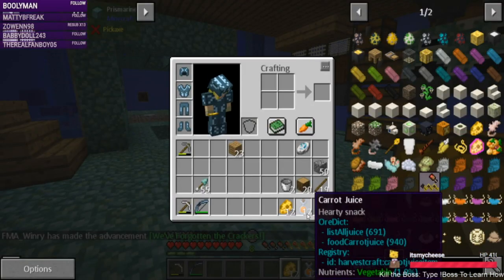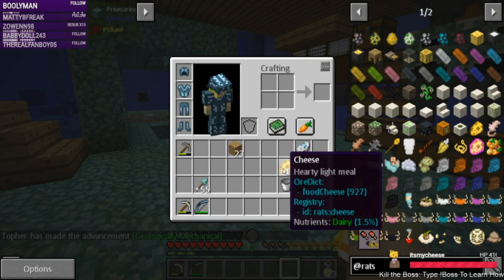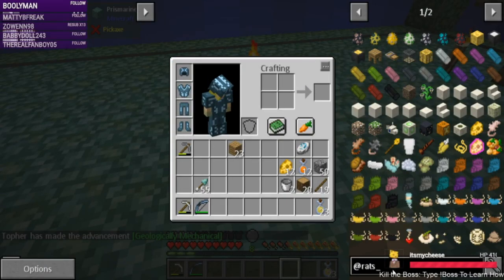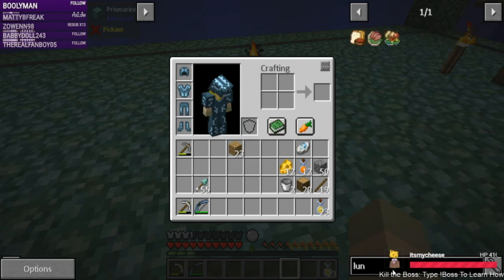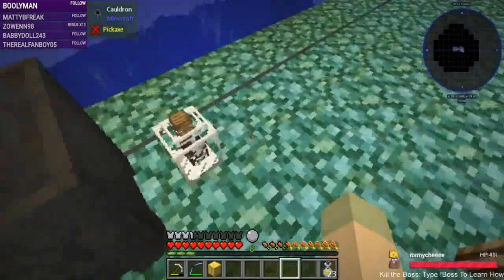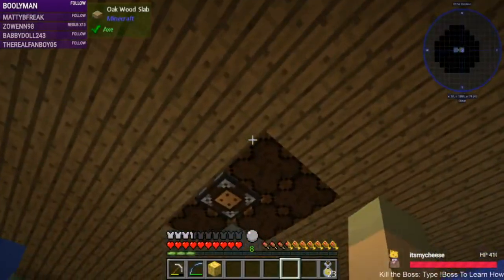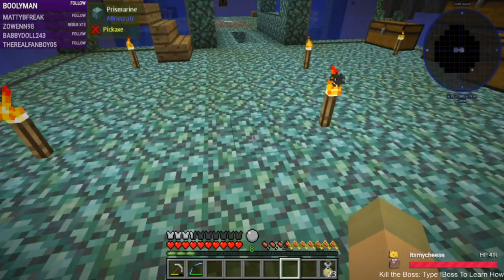Alright, good to know. So we have on us fruit, vegetables, and dairy. So, whew. I wish there was like a lunch box or something. I wish there was. I don't remember what mod, sorry, had that added to it. Anyway,